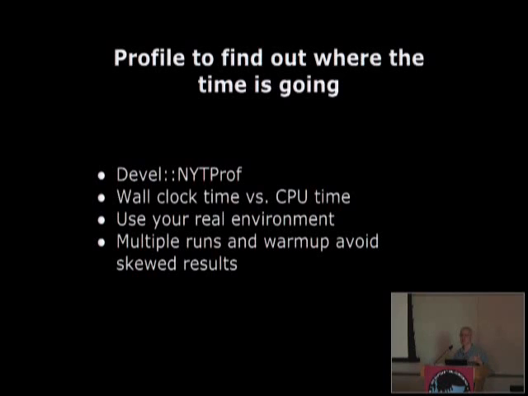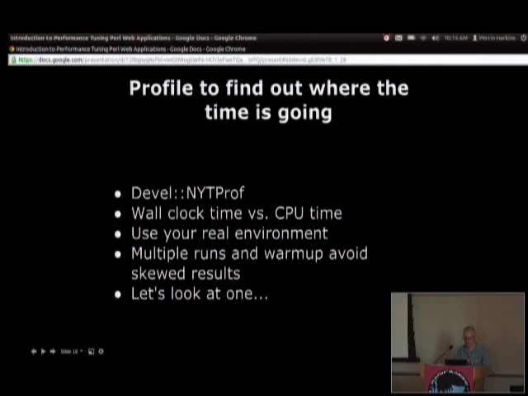But if you really want to get useful results, I find you generally have to do a little bit of tweaking with NYTProf in order to make sure that you're skipping the stuff you're not interested in. There's some stuff you can use in there about telling it when to start. There's like an enable_profile and disable_profile, and you kind of have to mess with that a little to get good results. So I've got one here to show you, which I did on